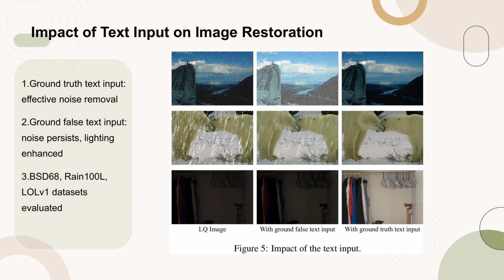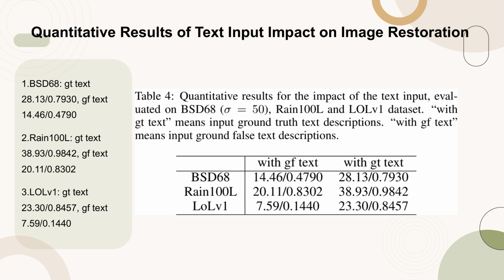In contrast, using ground false text descriptions, like the image is dark, the image is degraded by rain streaks, no noise detected, results in persistent noise but enhanced lighting. This demonstrates the critical role of accurate text input in the restoration process, as supported by the quantitative results in Table 4. Table 4 presents the quantitative results of the impact of text input on image restoration across 3 datasets: